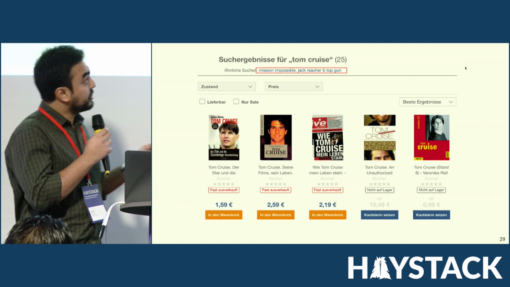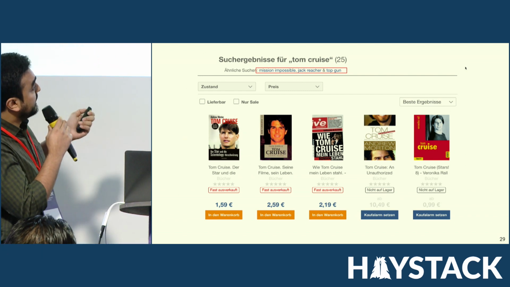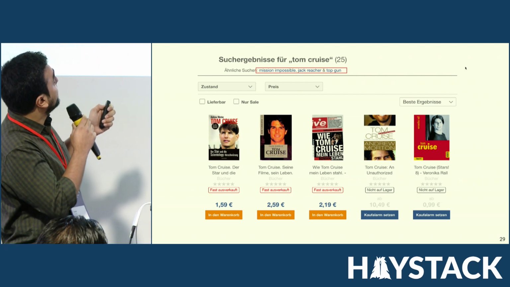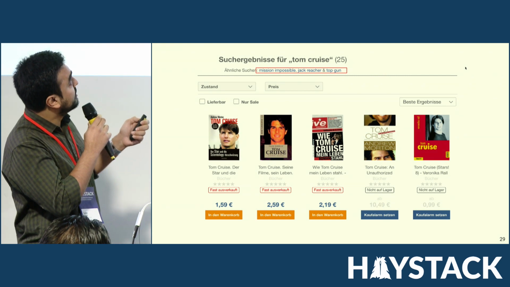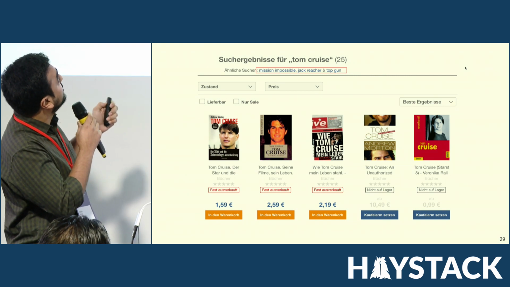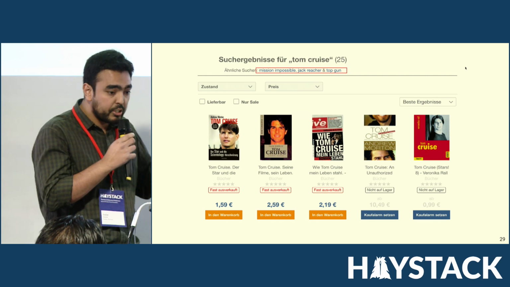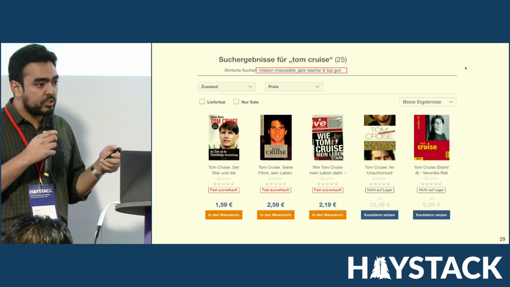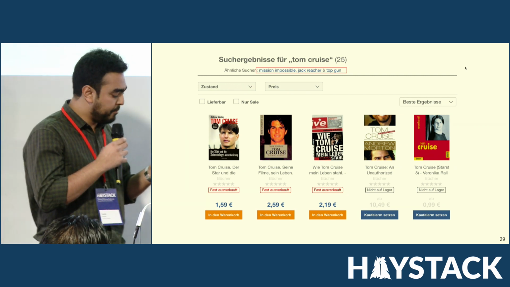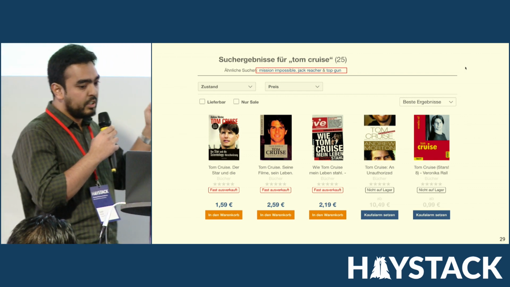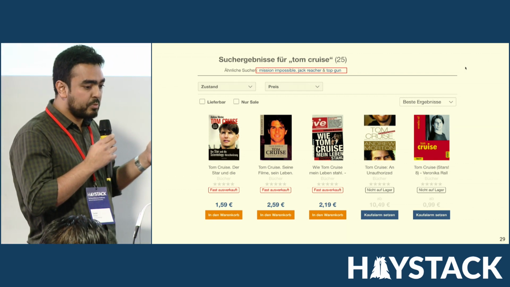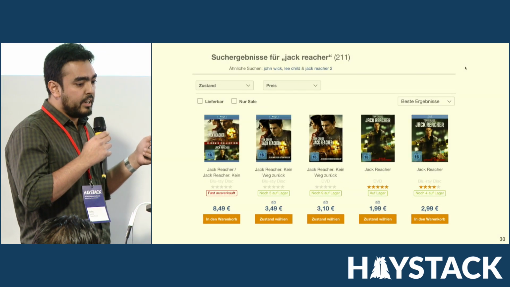The first search was correct, but it wasn't ideal. So instead of just leaving the users dry, we implemented this little widget on top, which suggests similar searches to our users. These are links, so users can interact with our website. We can help them, and they can help us. So if I'm looking for the Jack Reacher movie now, I simply click on it, and I get the